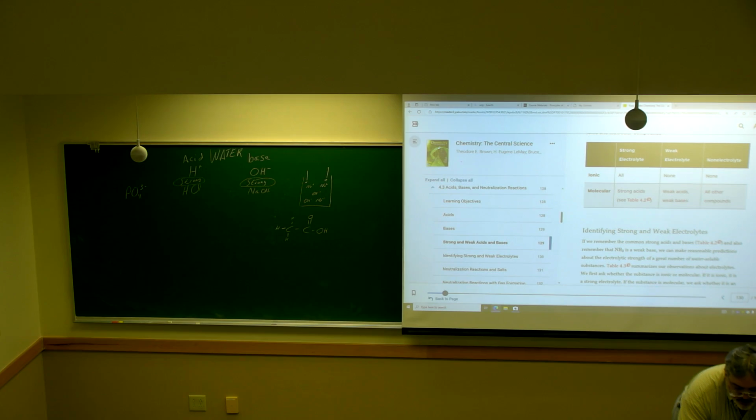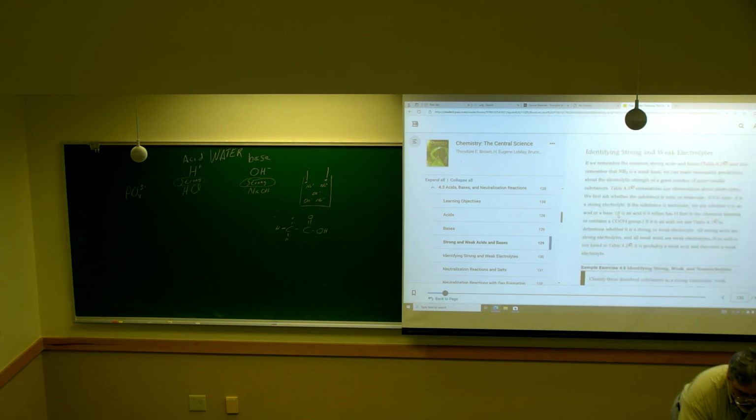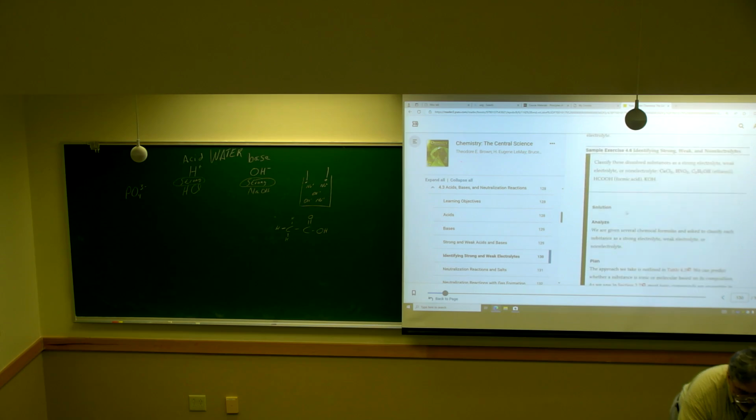This chart's saying that any ionic compound that's soluble in water is a strong electrolyte. If it's soluble in water, there's no such thing as a weak electrolyte. I don't think that's strictly true, but we can go by this chart. And so for molecular things, strong acids are strong electrolytes. And weak acids and bases are weak electrolytes. Meaning they'll